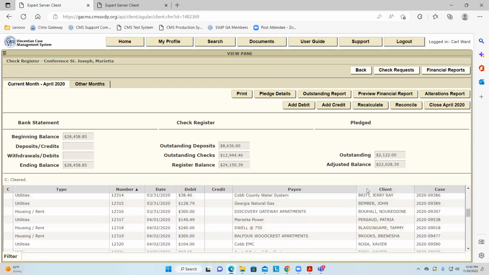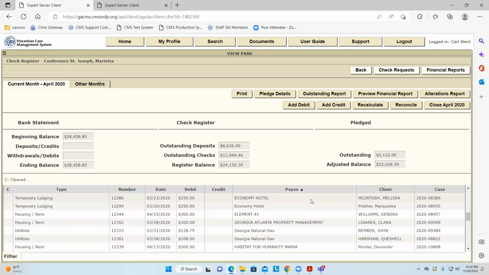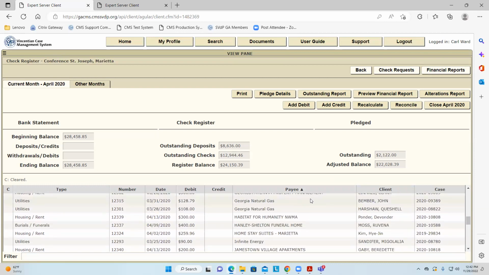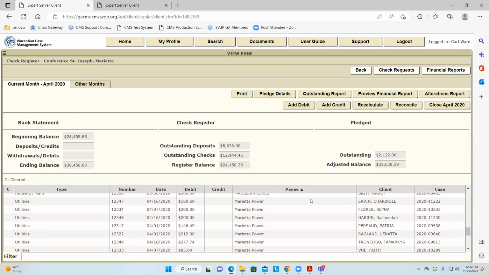If you want to sort it by client name, and this helps a lot when you get calls about a client, or it could be about the payee itself. Marietta Power didn't receive the check or whatever. You can go there and look at all Marietta Power. Now, there's one other little hidden jewel here that I'll bet even Kay Harris doesn't know about. Now I'm going to challenge her. She's laughing. Well, she knows because I taught it last year and I showed it.